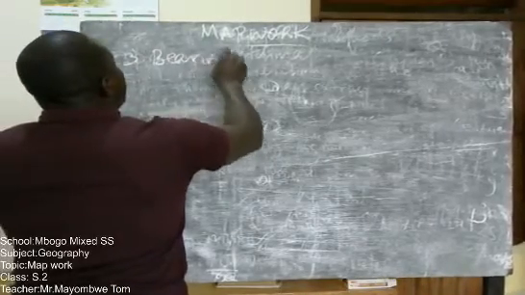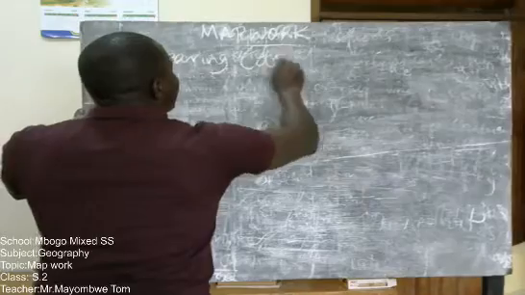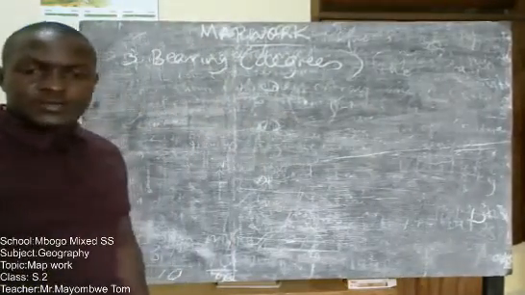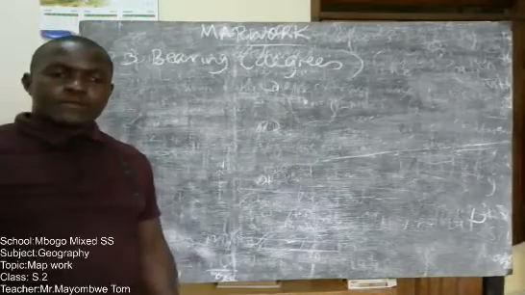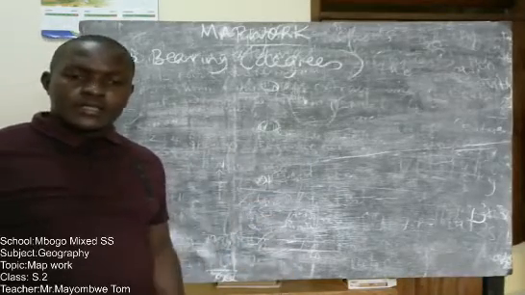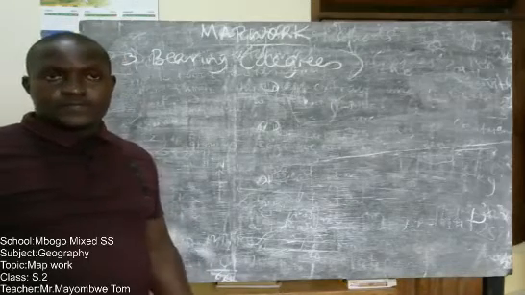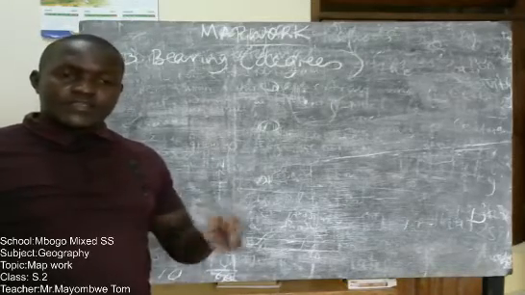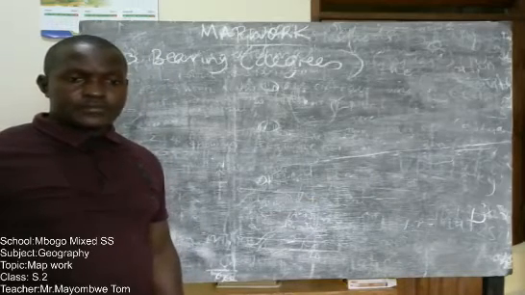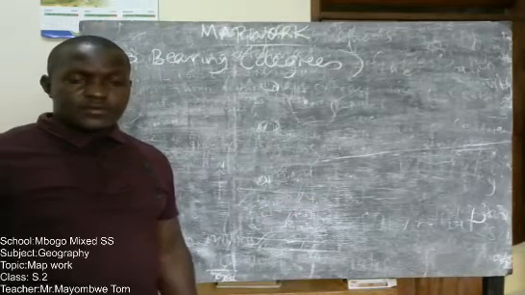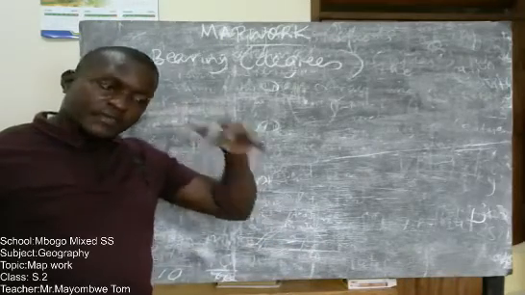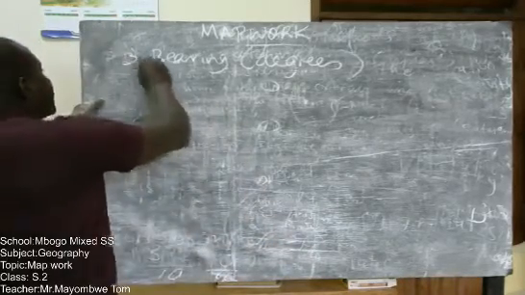The moment you hear the word bearing, you just get to know that those are degrees. The moment you're asked about bearing, your answer must be given in degrees. The bearing of one place from another. For example, they may ask you to find